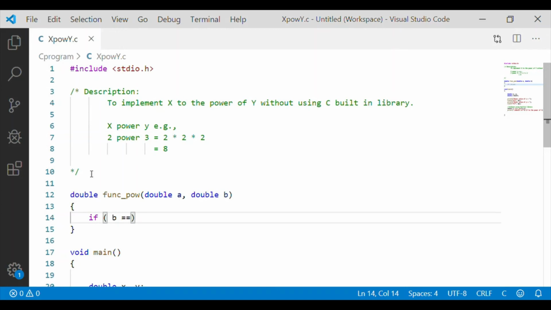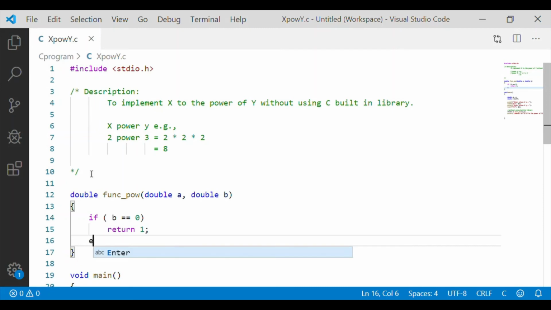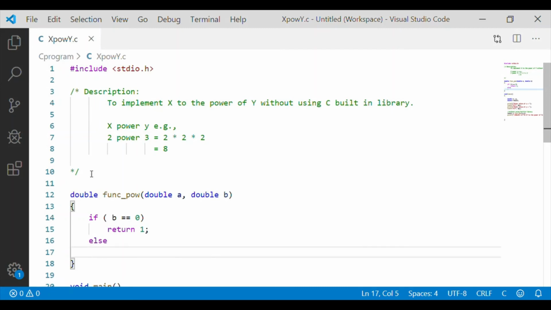First we have to check if the power, here b, is equal to 0. In mathematics, a number to the power of 0 is equal to 1, hence we are checking for this condition. If b is equal to 0, we have to return 1. Else we will do a recursive call to the same function, function_power, by passing a, that is x, and the power will get decremented by 1.